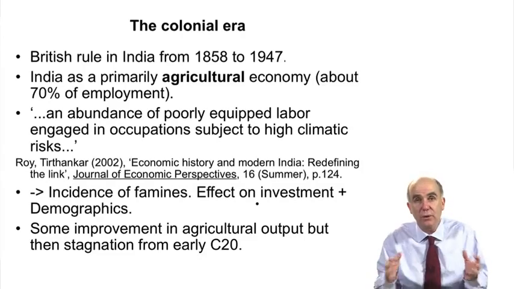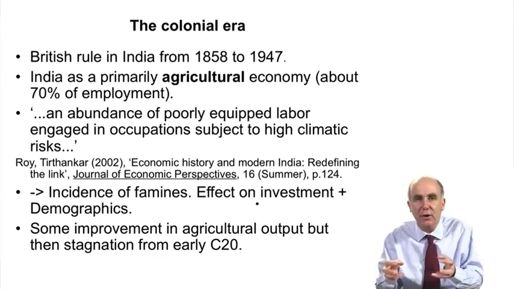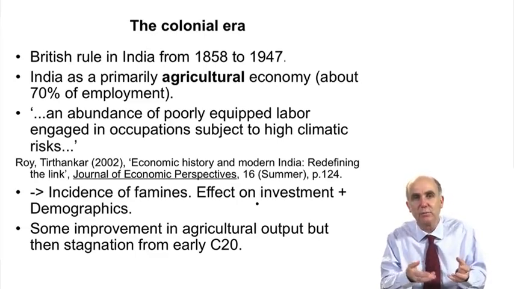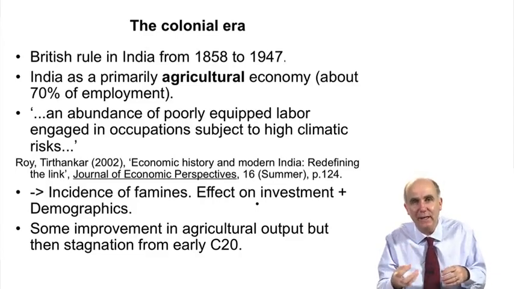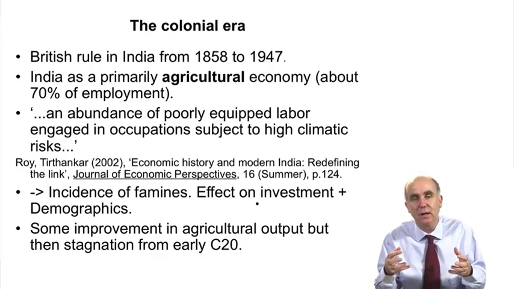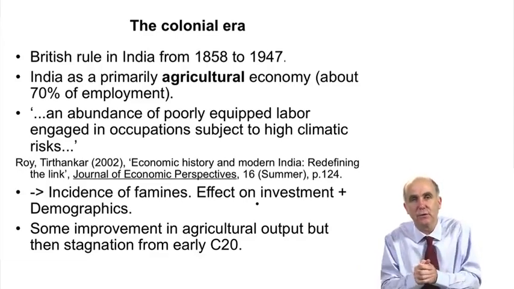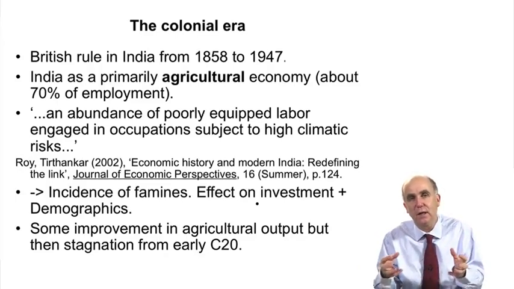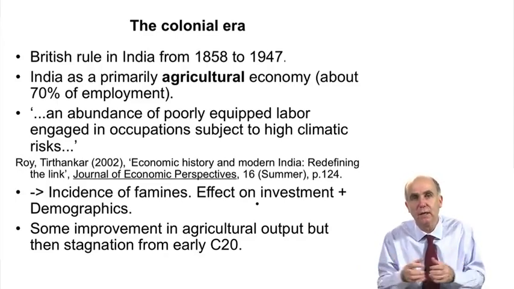Now, over the whole period from 1858 to 1947, we know the main story is of relatively slow growth. But if we look within that period, in the 19th century there was some improvement in agricultural output, but then stagnation in agricultural productivity from the early 20th century. New lands which had been being taken up, there's no more frontier to move into after the end of the 19th century to create new areas for agriculture. There's an ending of projects to improve water supply which had been undertaken in the 19th century, and also reduction in